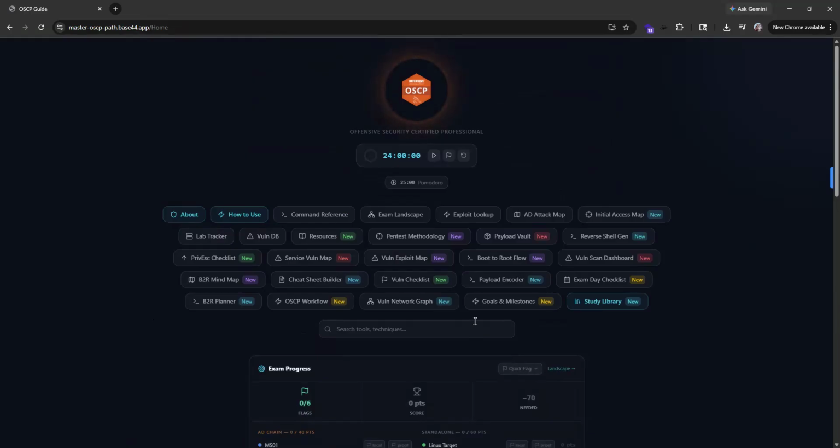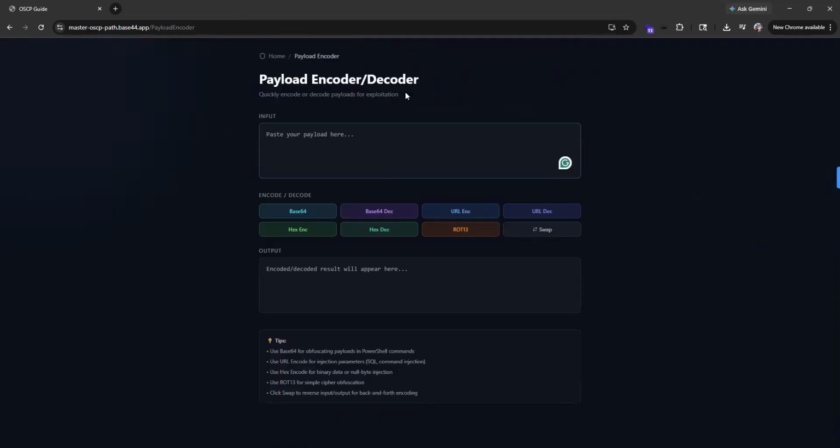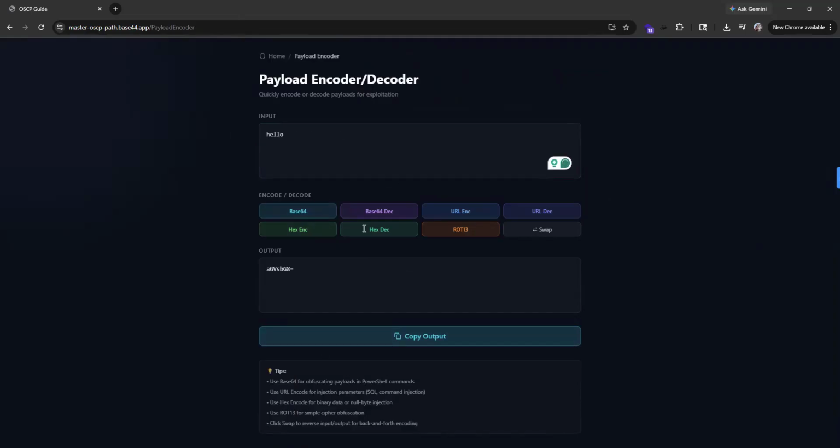Like, man, I can't think of the name. It will probably come to me. Payload encoder. Basically I wanted a quicker way of doing it. Say hello, base64. There. It's the same thing as CyberChef, but